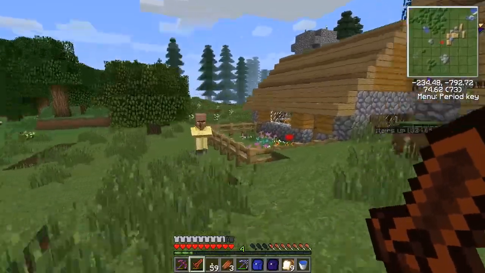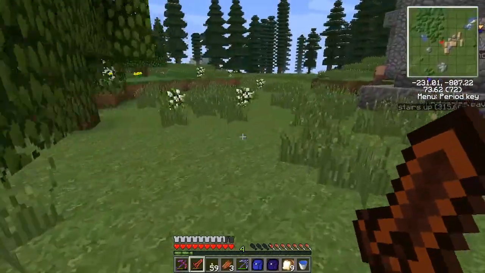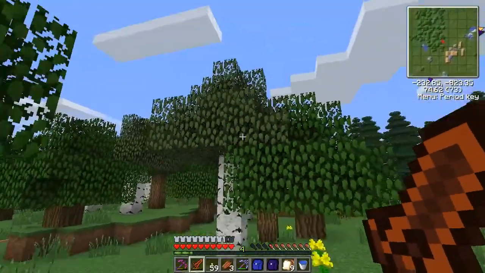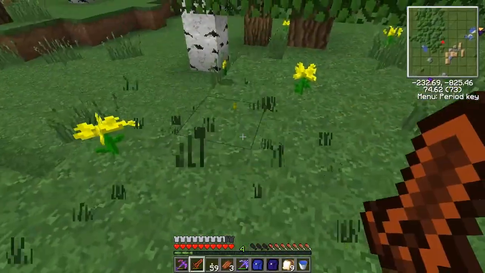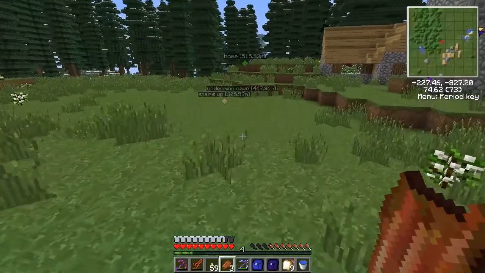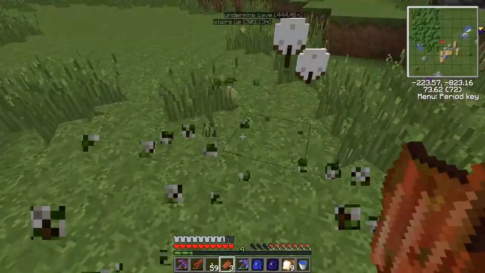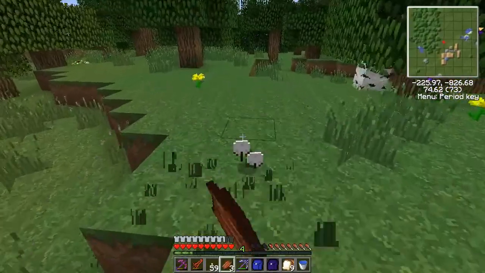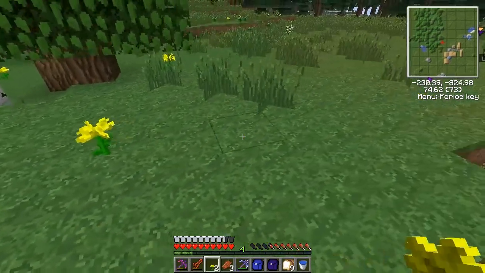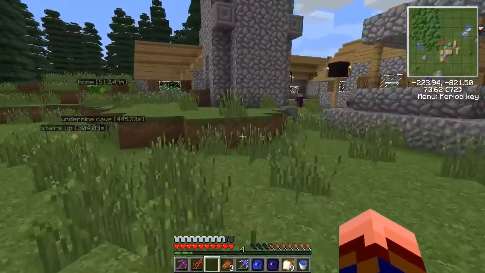Alright, well what I'm planning on doing is setting up some bees right over here in this chunk where they can pollinate between those two trees. We have flowers. It's actually just... yeah, alright. So I'm gonna go get...